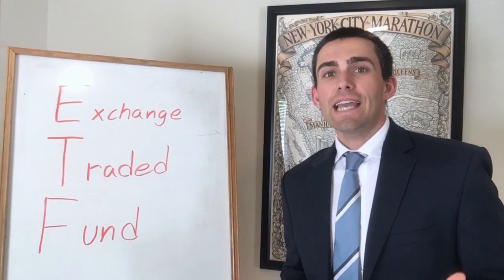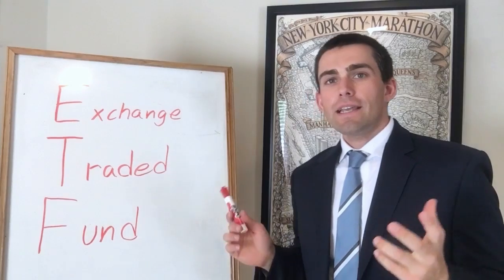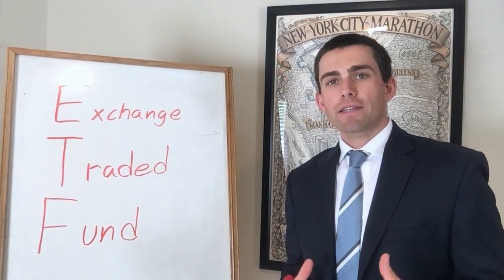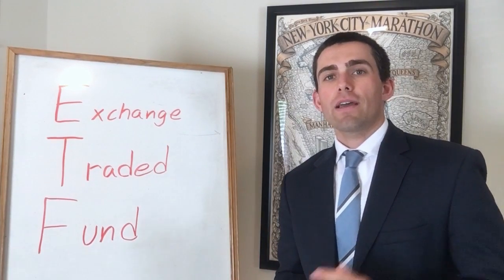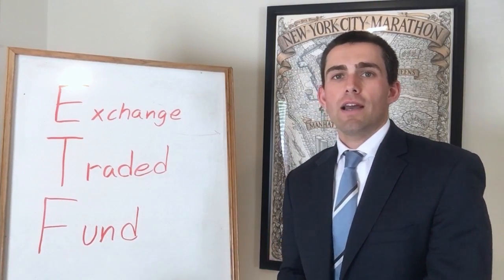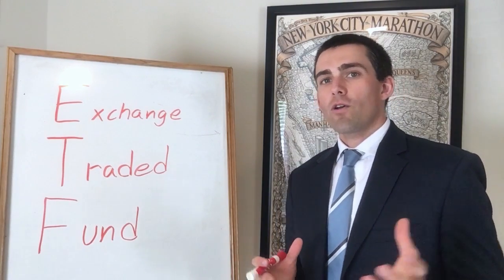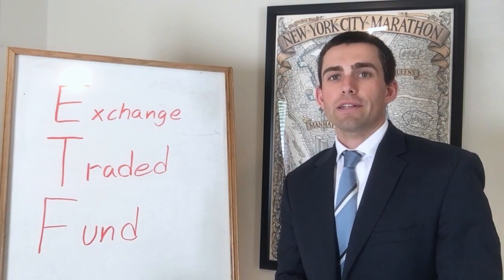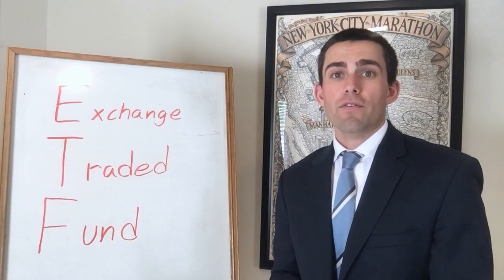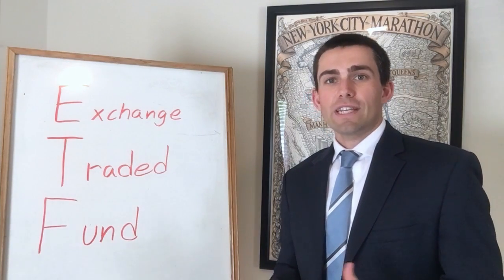Next up, we have ETFs, exchange traded funds. ETFs trade like a stock, but they're actually a basket of several stocks, normally about 20 to 30 stocks, and they will track an index, whether it be the healthcare index or the energy index. There are S&P 500 ETFs. Normally, they follow one sector or one segment of the market, but they can also follow the overall market, in that case the S&P 500 or the Dow or the NASDAQ. There are several ETFs out there.